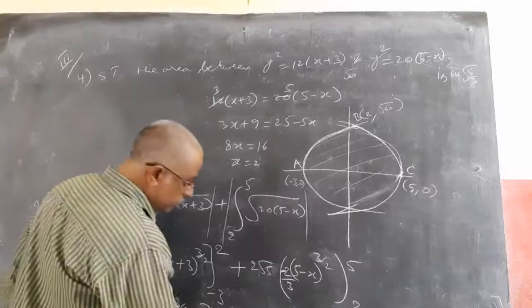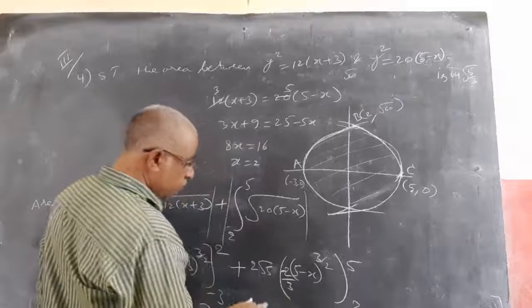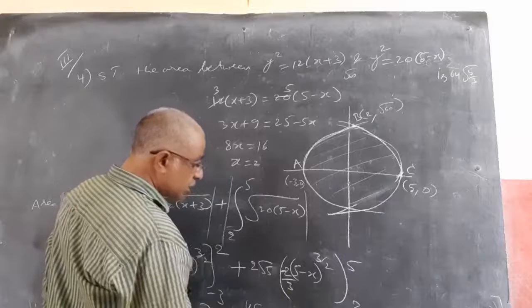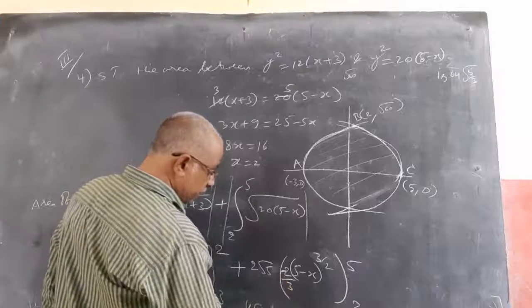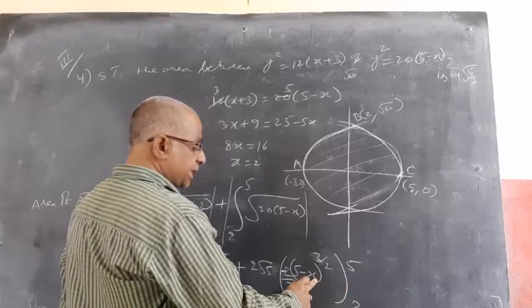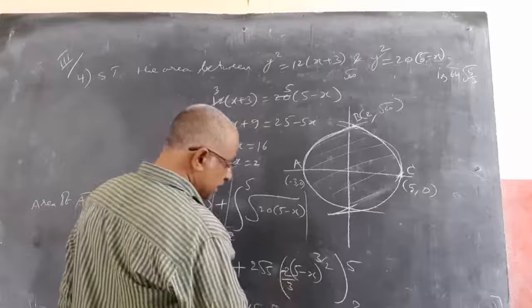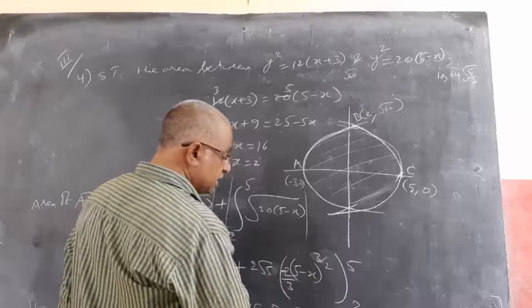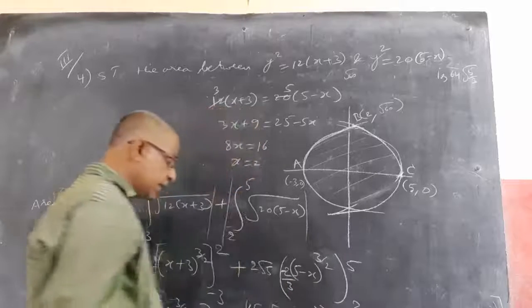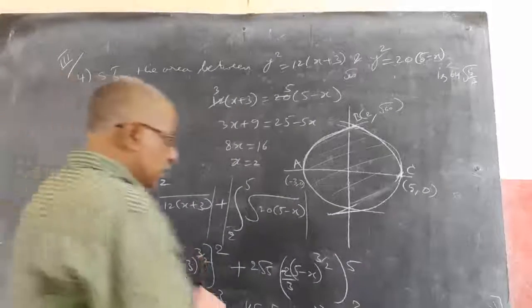But coming to this term, 2 root 5 into 2, this is minus 4 root 5 by 3, I will write. And coming to this minus half, if I apply, minus is there. If I substitute 5, 5 minus 5, 0, upper limit is 0, minus the lower limit: if I substitute 2, here minus is there, minus half, minus becomes plus, 5 minus 2, 3 power 3 by 2. Now, if we simplify this, what do we get as the final value?